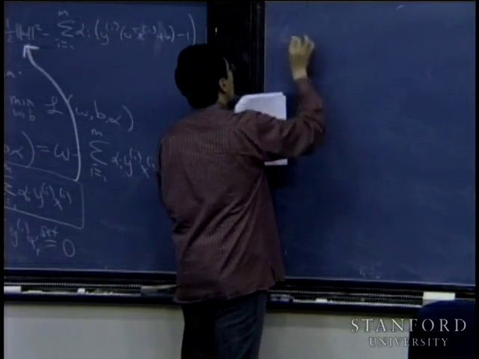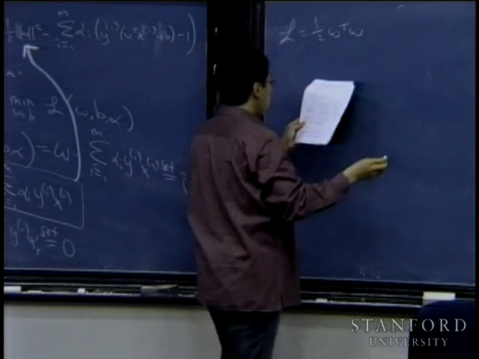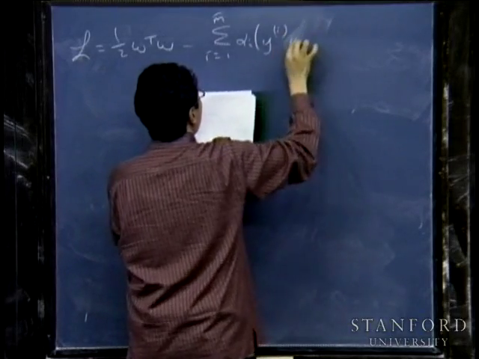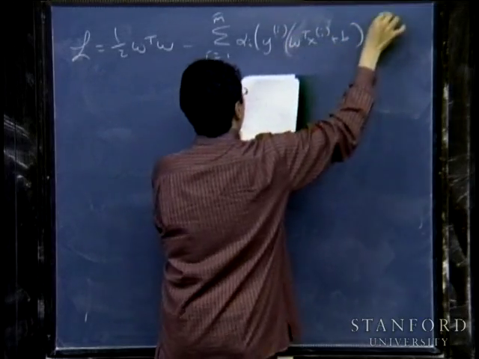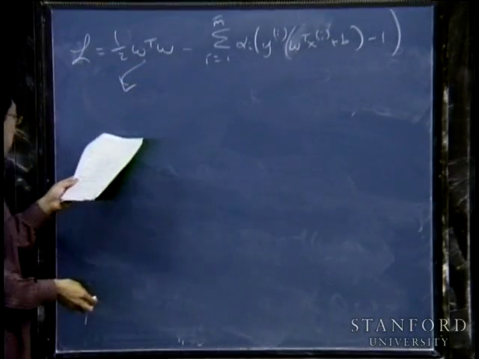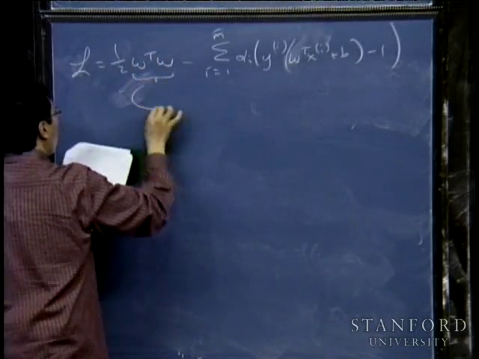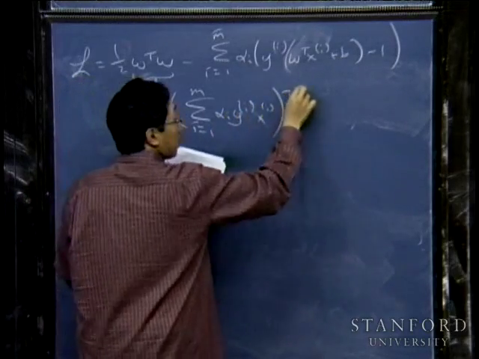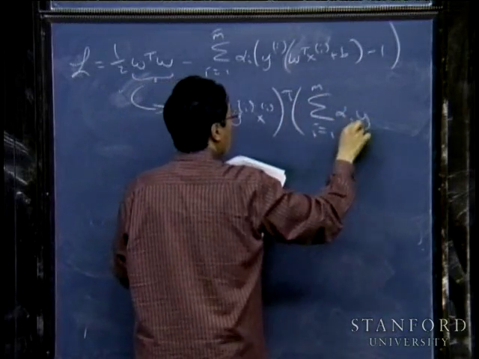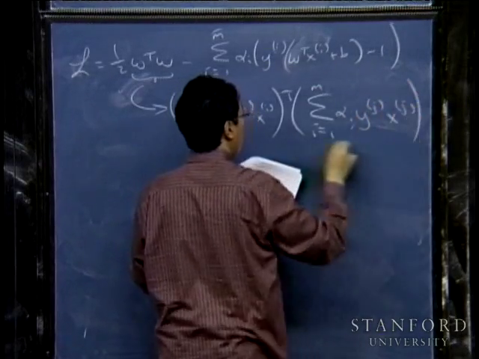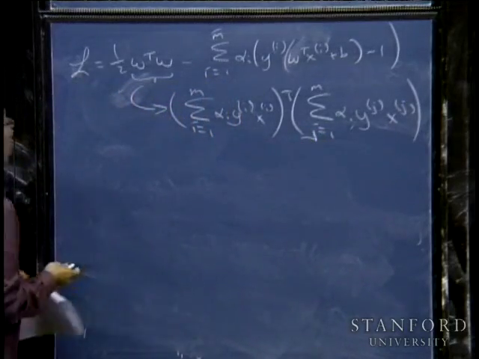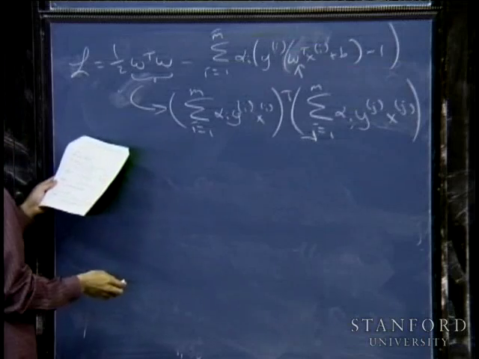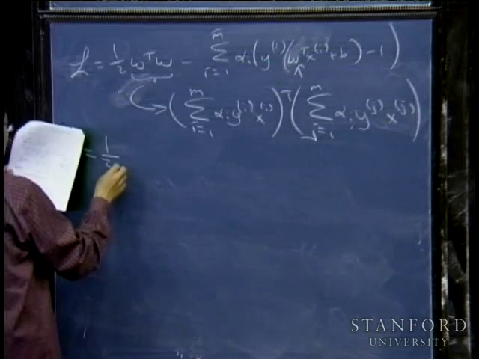So, let's see. My Lagrangian is 1/2 w transpose w minus... right. So this first term, w transpose w, becomes the sum from i equals 1 to m of alpha_i y_i x_i, transpose. Right. This is just plugging in the value for w that I worked out previously, since this is w transpose w. And so when I expand out this quadratic function and plug in w over there as well, I find that I have